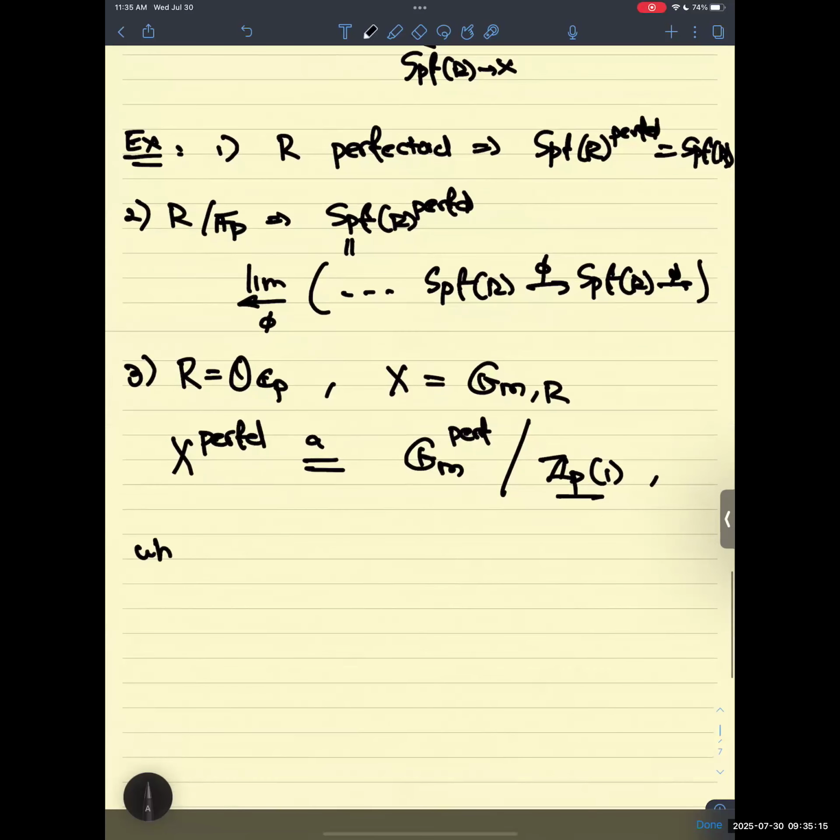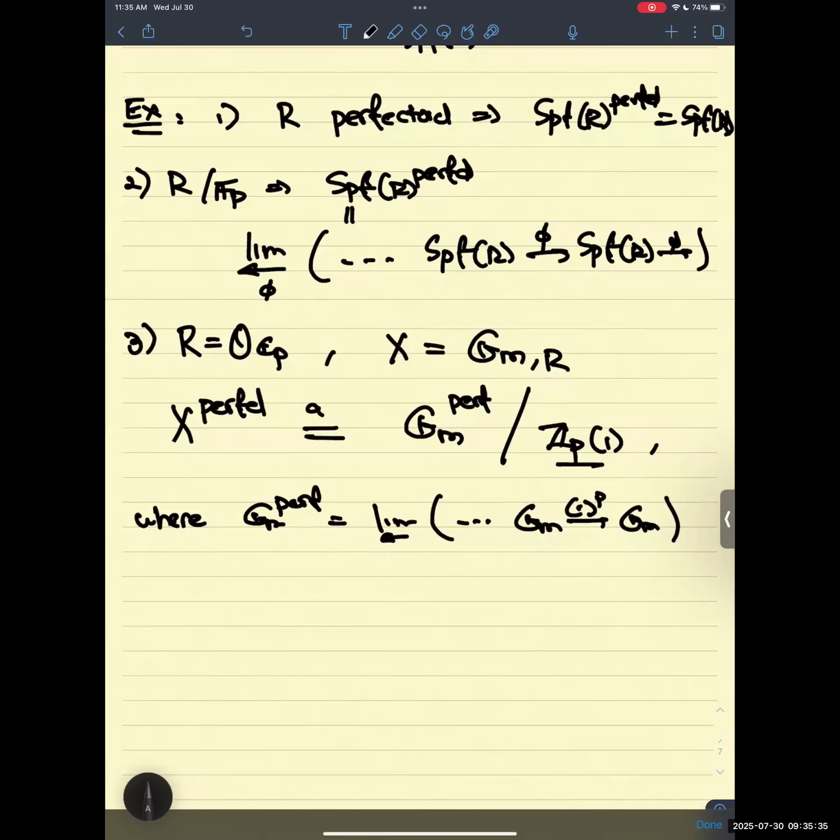So G_m perf, notice the lack of a D. I'm sorry for the notation, but I think both of these things are standard. So there's a p-th power map on G_m, which plays the role of Frobenius integrally. And you just form the inverse limit perfection along those maps. And Z_p(1)